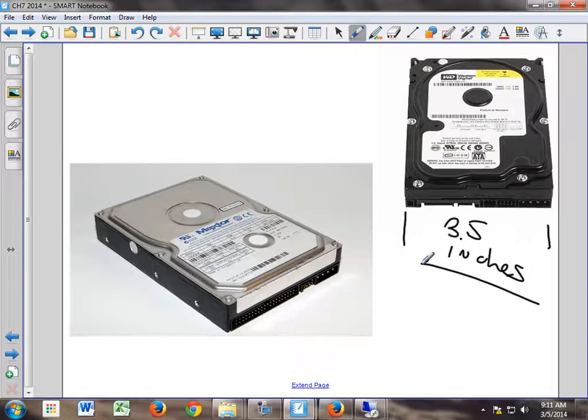And this will not fit in the bay that this goes into, because we have to obviously screw it into our computer correctly, okay? So they're 3.5 inches. There is no designated length or height. You can see these different hard drives are different heights. In all cases, the screws line up for mounting, and there are mounting screws on the bottom and on the sides, okay? But they're 3.5 inches wide,